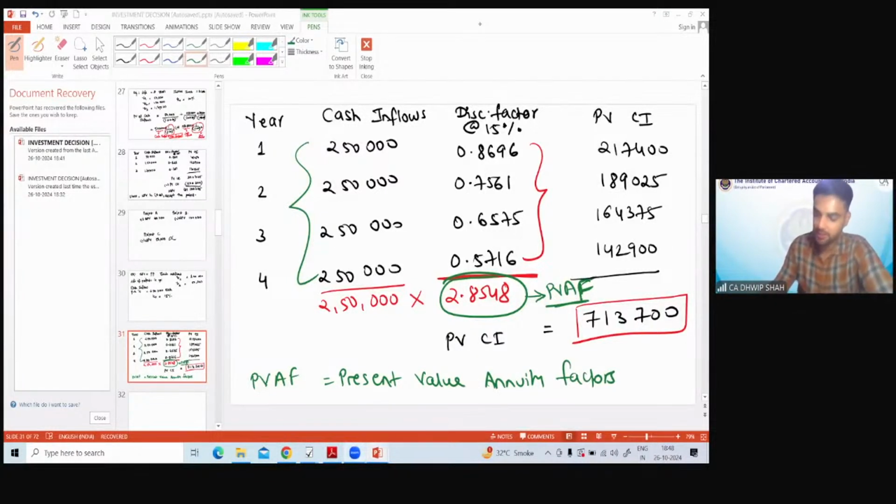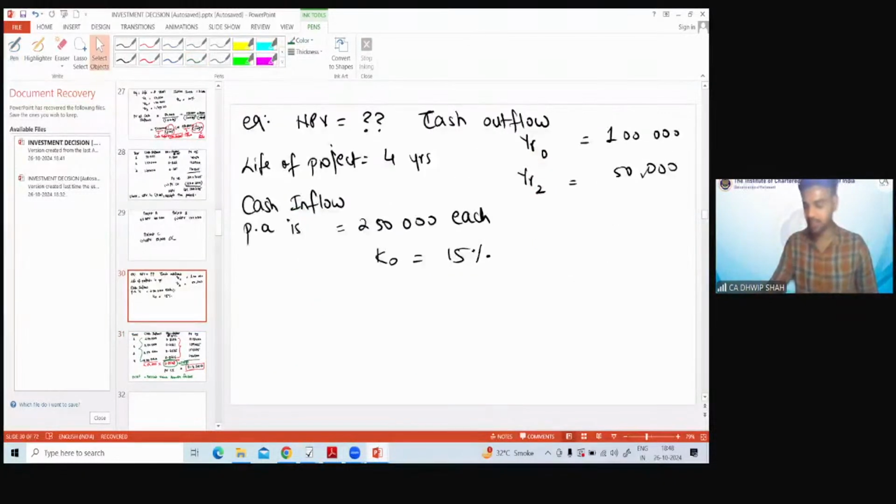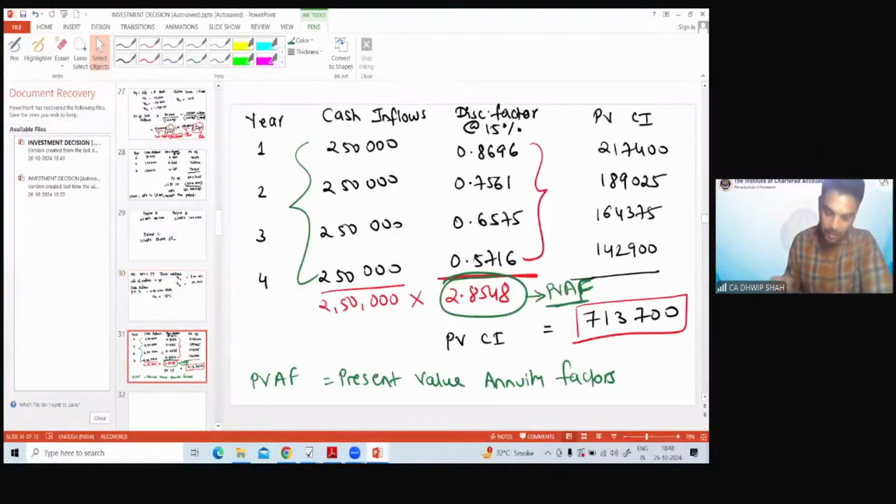My purpose was to give you an illustration, to explain PVAF, and to explain a quick way of solving PVCI when cash inflows per annum are constant. Working capital, I didn't say anything about working capital over here. In the question, I just mentioned the cash outflow today and an additional cash outflow at the end of year 2. But the purpose of this illustration was to explain